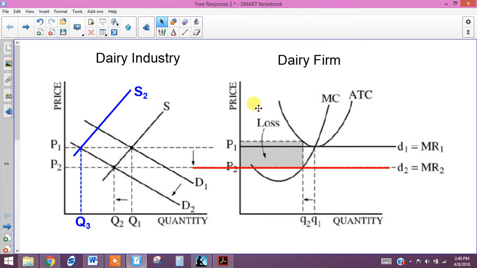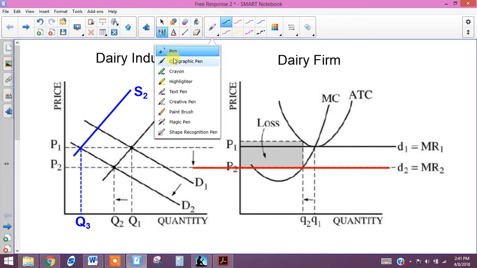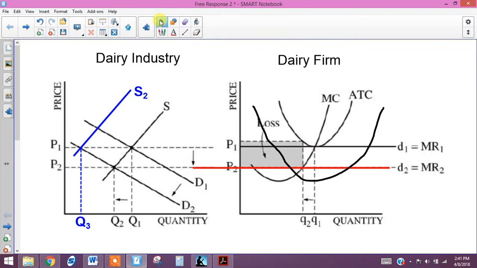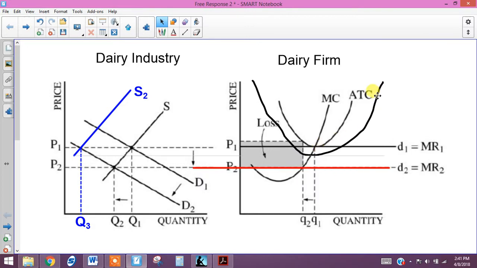I'll actually draw it in here. It's not going to be pretty, but I'll try. So we're going to assume that their average variable cost is something like this, so that they're able to operate here because they're above their average variable cost. So they're going to stay in. However, we're going to assume again that there are other firms in the market that have an average variable cost up here. And they're going to have to shut down